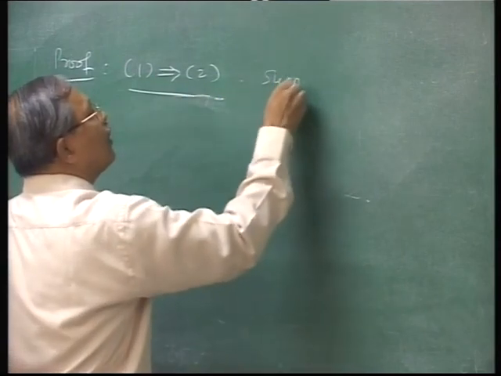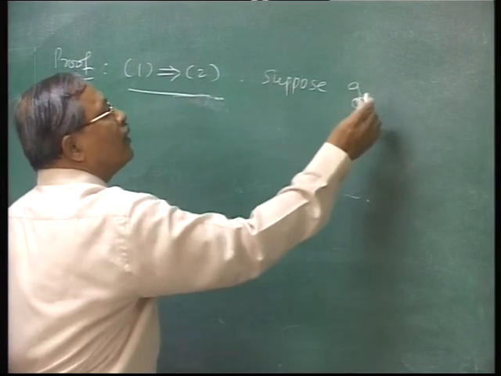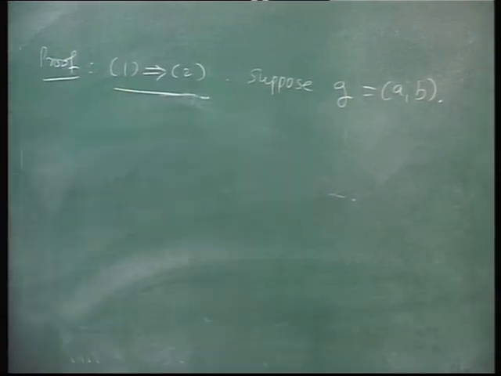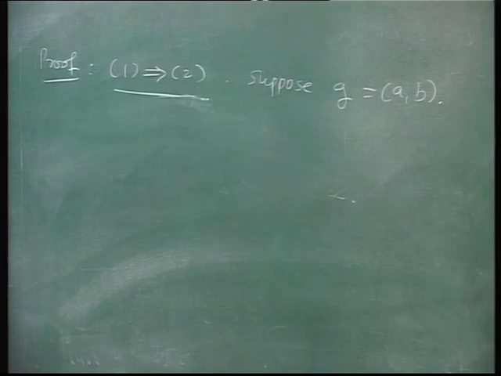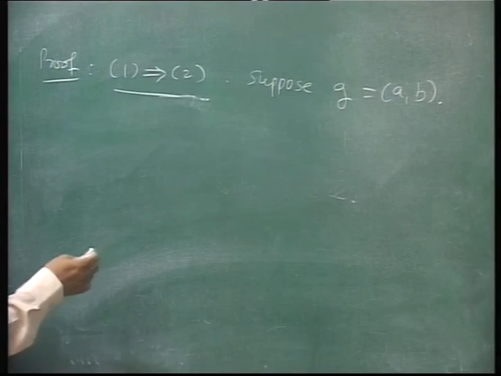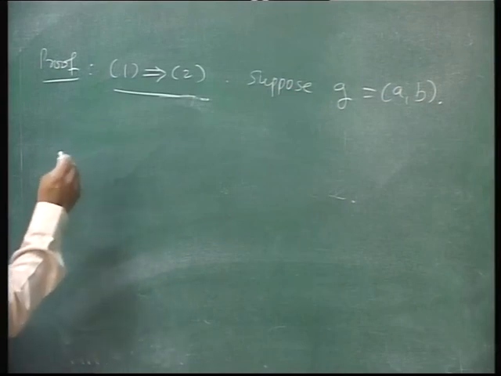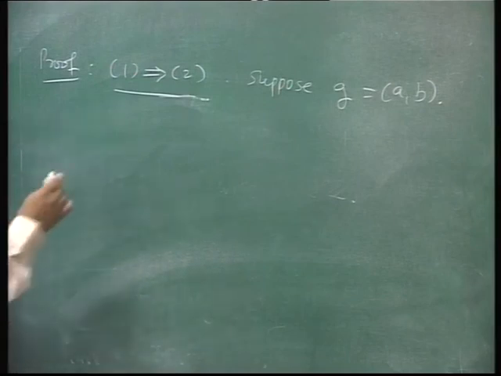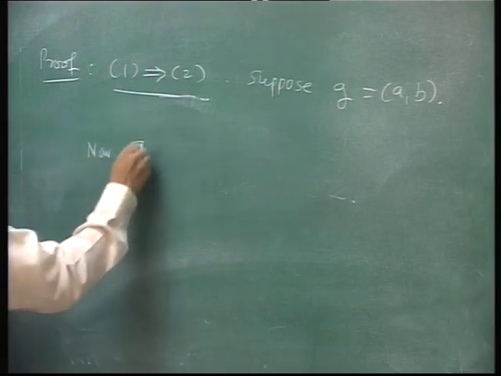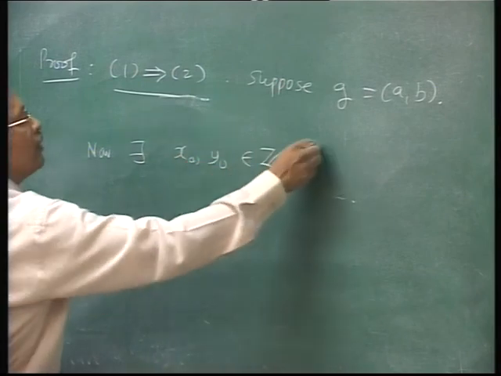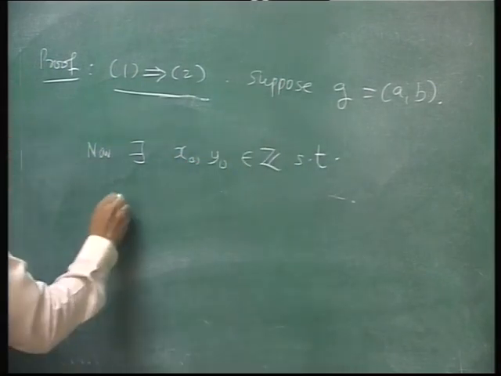Suppose G equal to GCD of A and B. Then anyway it is a common divisor. Suppose D is a common divisor, then it should divide G. But we use the property of G that there exists x naught, y naught in Z such that G is equal to,